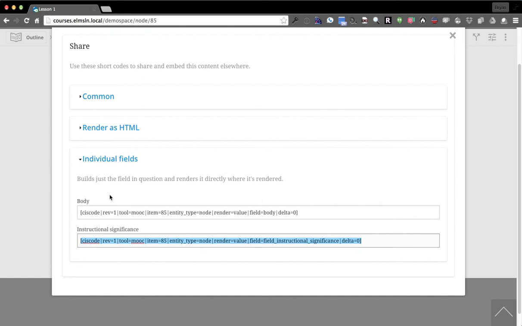Since it's the foundation for closed courses, we start that way instead of going closed and then making it open. So ask the Massively Online Course space, which resolves to courses.elmsln.local: give me node 85, render a value, which is this field. So instructional significance, which would be the